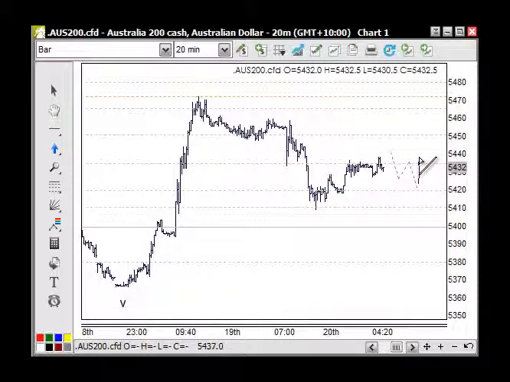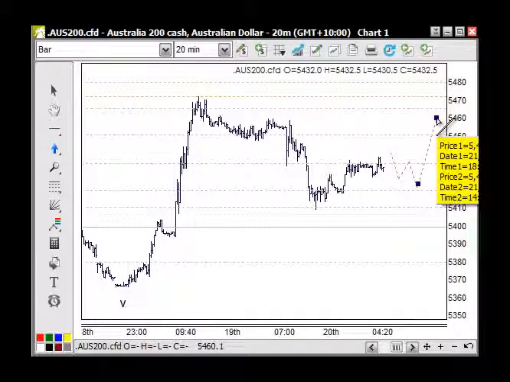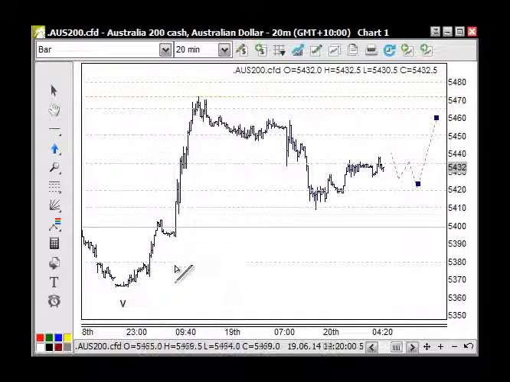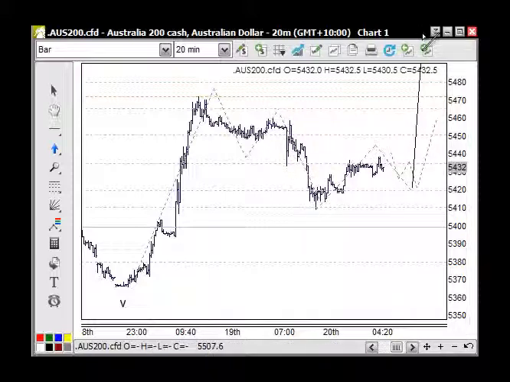But the 11:45 manufacturing figures are expected to be positive. I think the last ones were at 49.4 and they're expected at 49.7. So look, if they went over 50, then we'd see a really strong move up through here, and that wouldn't surprise me either, because we'd be looking at this as wave 1, an A, B, C for wave 2, up for wave 1, back for wave 2, and a third wave straight up.